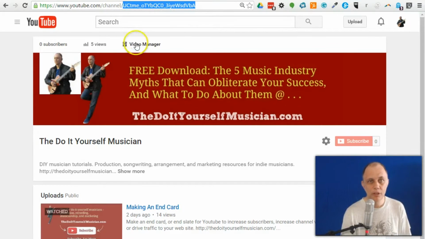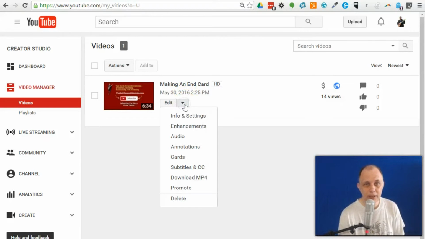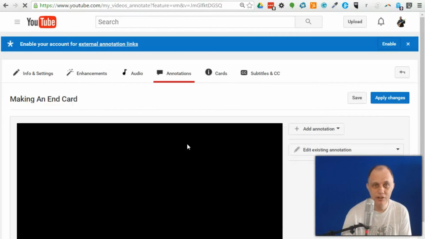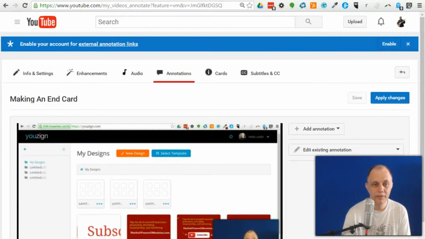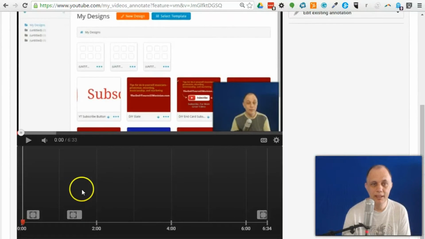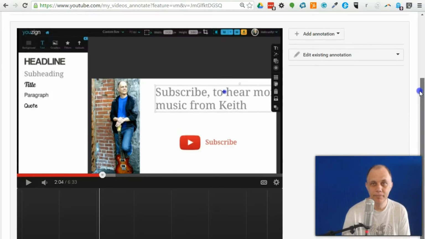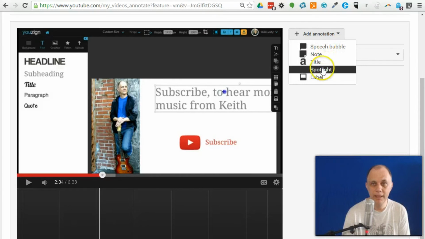Then we're going to want to go to the video manager and locate the video that you want to annotate. And I've got one here. Click the drop down and go to annotations. The video will start playing. So what you want to do is use the timeline here to locate where you want the annotation to go. So this is a subscribe button, so let's say I want to put an annotation there. I'm going to go to Add Annotation, Spotlight,